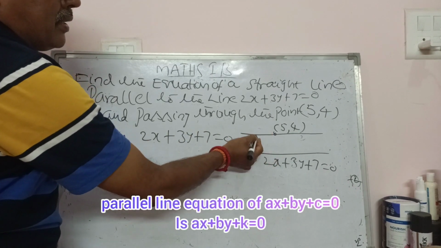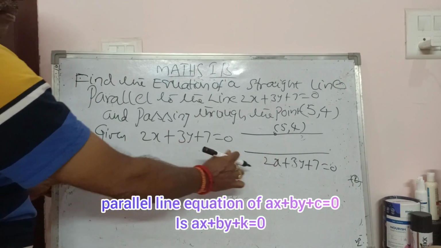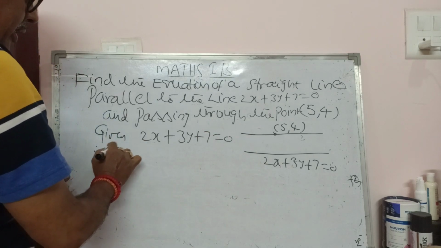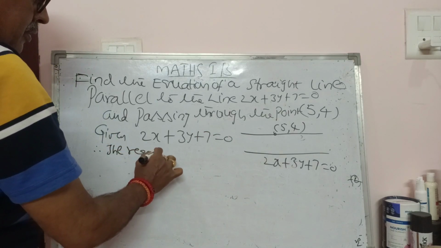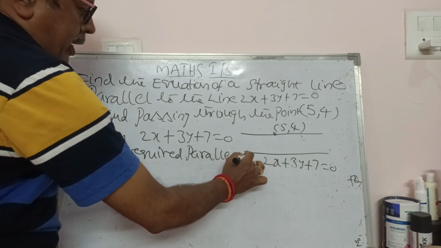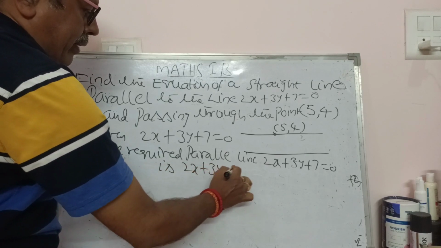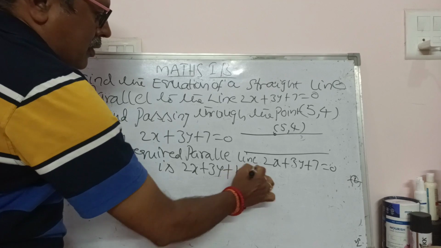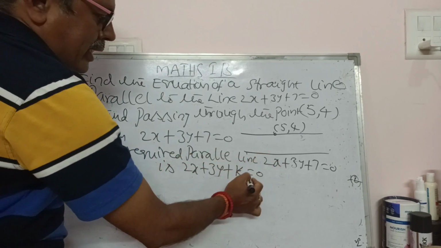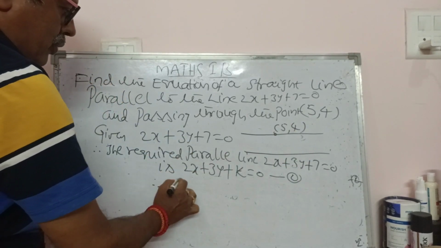So what is the line equation which is parallel to 2x plus 3y plus 7 is equal to 0? When two lines are parallel, their slopes are equal. Therefore, the required parallel line is 2x plus 3y plus k is equal to 0, because slopes are equal, therefore the constant only differs. So this is an equation passing through which point? 5 comma 4. Therefore 2 into